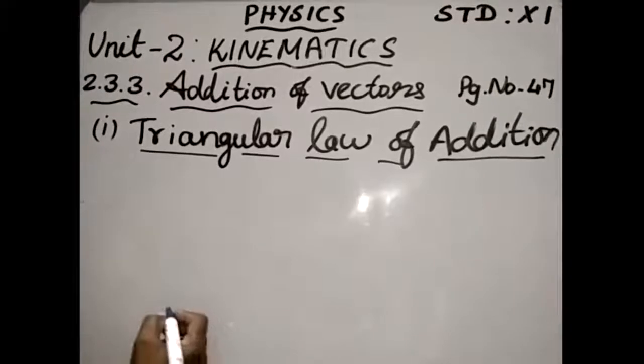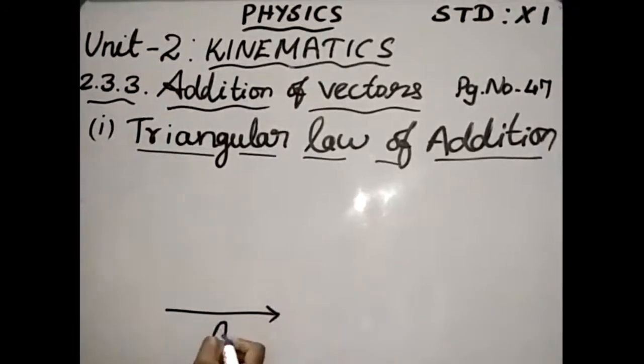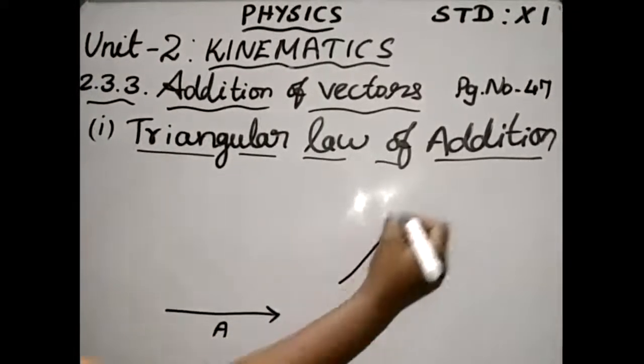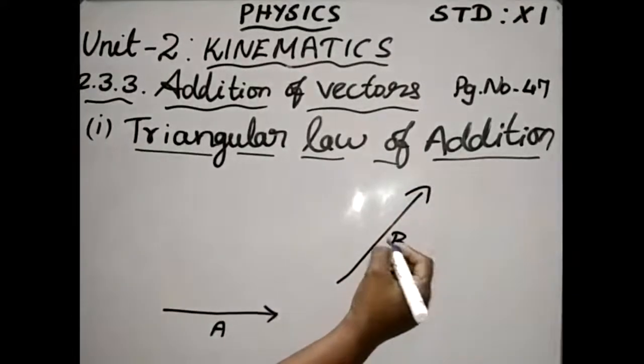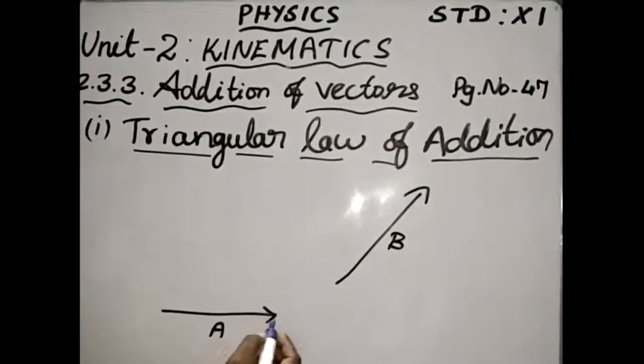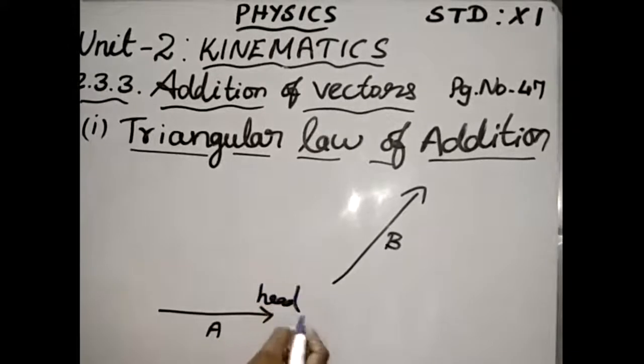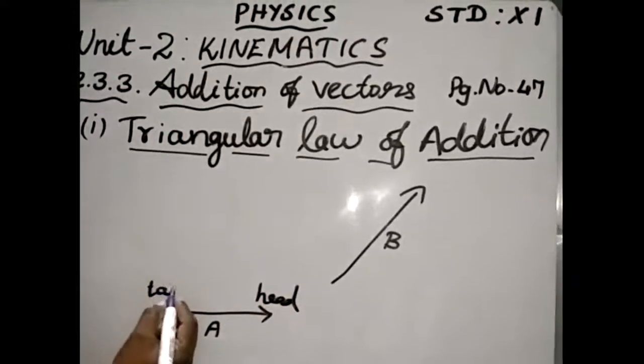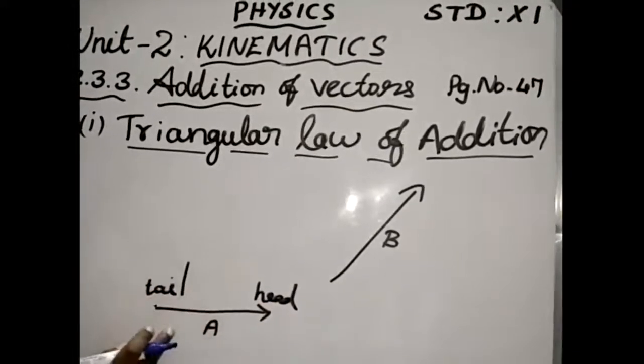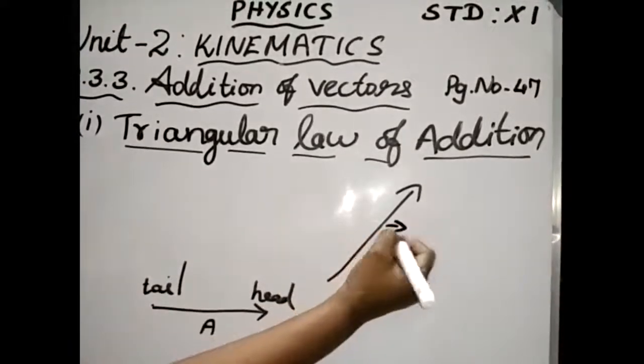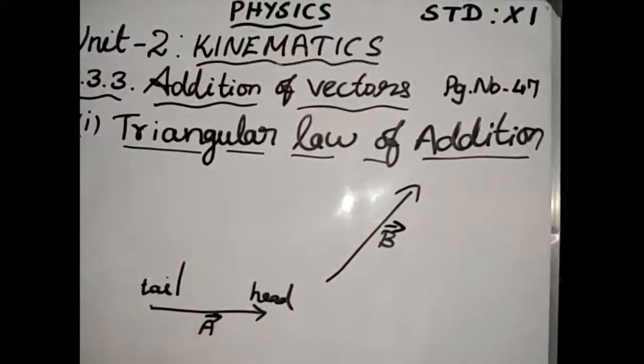There are two vectors. This one is vector A. This vector is vector B. Here, this arrow mark portion is called head. This portion is called tail. To add vector A and vector B, the procedure is as follows. First